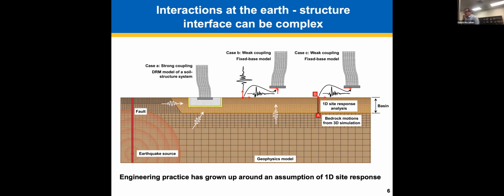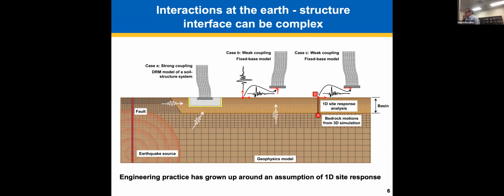You know, earthquake engineering practice has grown up, in essence, around an assumption of 1D site response. And so we often take surface motions from a point where we've measured, or a point on the earth, and we apply that to the base of our structural system if we're neglecting SSI. Well, that's only really commensurate with an incident wave field that's purely vertically propagating shear and compressional waves. And that's not always the case. And so there are limitations to that assumption that we really need to explore a little more carefully.